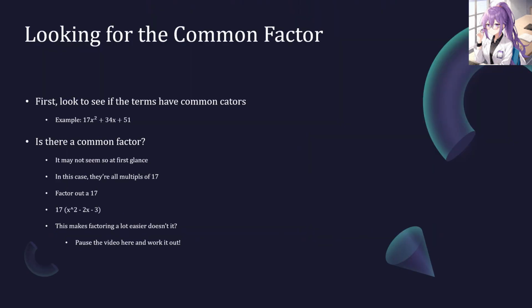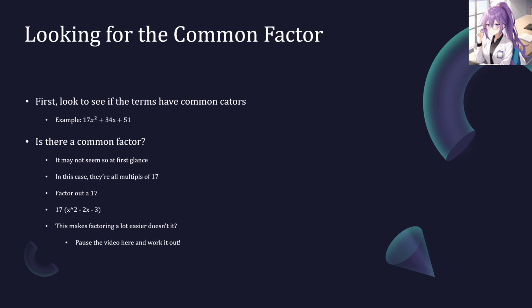If we are given the expression 17x squared plus 34x plus 51, we may be wondering, what are we going to do with this mess? Well, to use the greatest common factor, which is the first thing we should do when we're given any polynomial like this, is to see if there are any like terms. Now, if you've paid really astute attention,